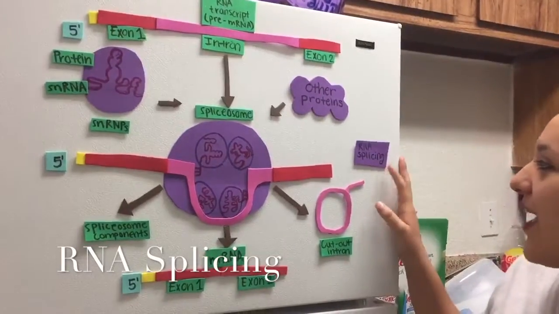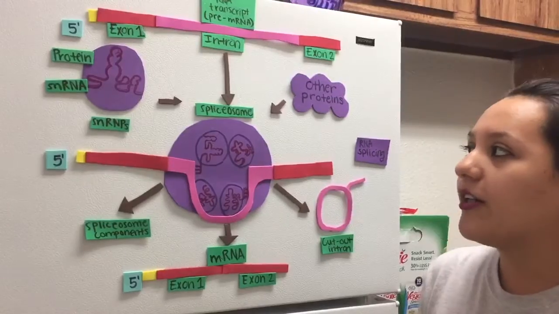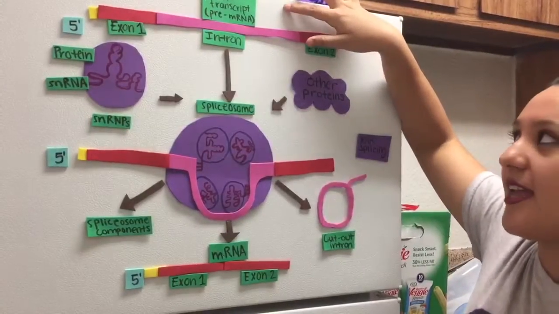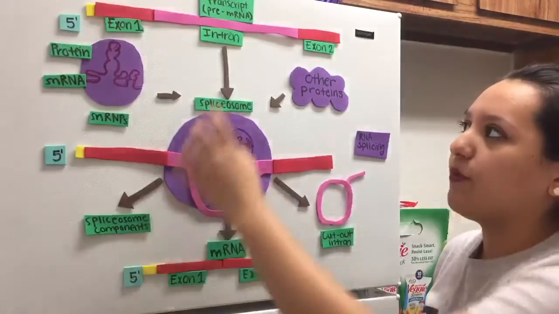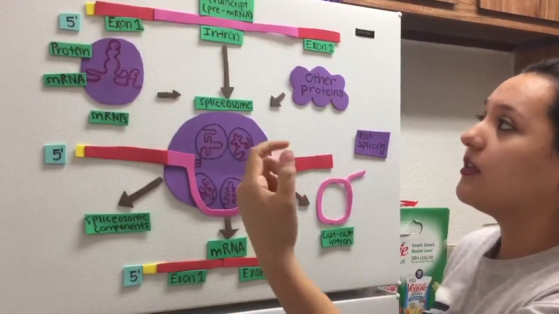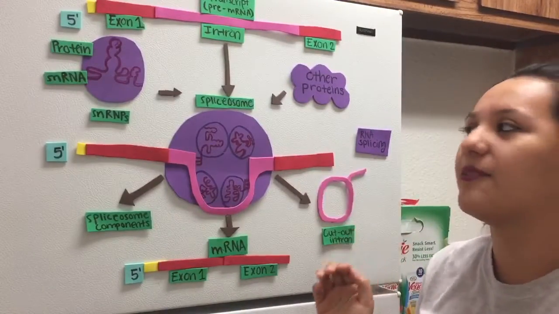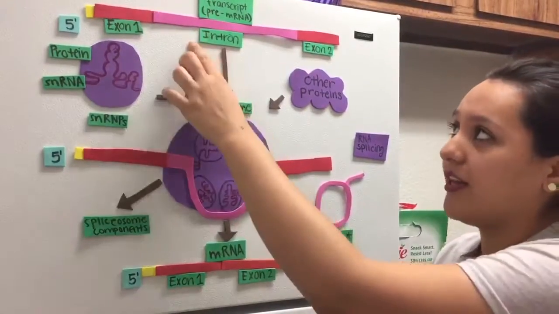So in this figure, we have RNA splicing occurring. In eukaryotic cells, RNA splicing is when a large portion of a newly synthesized RNA is removed. What occurs in RNA splicing is the removal of an intron and the combination of exons coming together. For RNA splicing to occur, we need an RNA transcript,